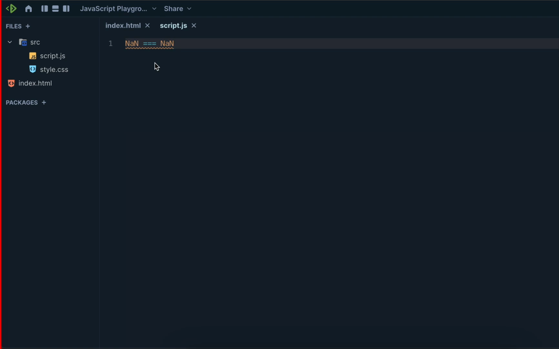Suppose console.log NaN is equal to NaN, is it true or false? I'm checking whether NaN is equal to NaN. What is the output? False. Sir, no, sir. Why? Okay, leave it, not a problem. It's basically false.